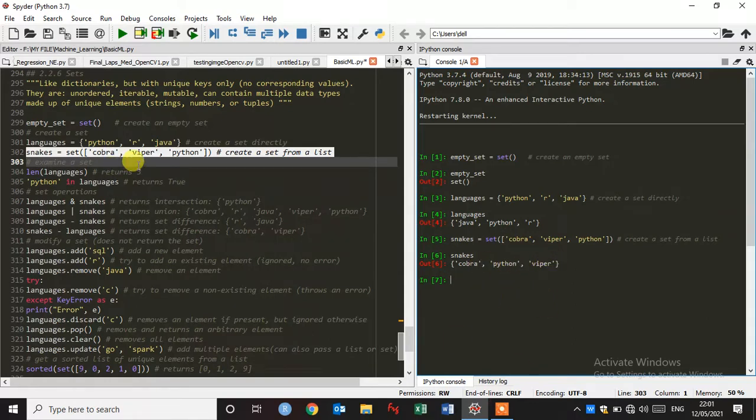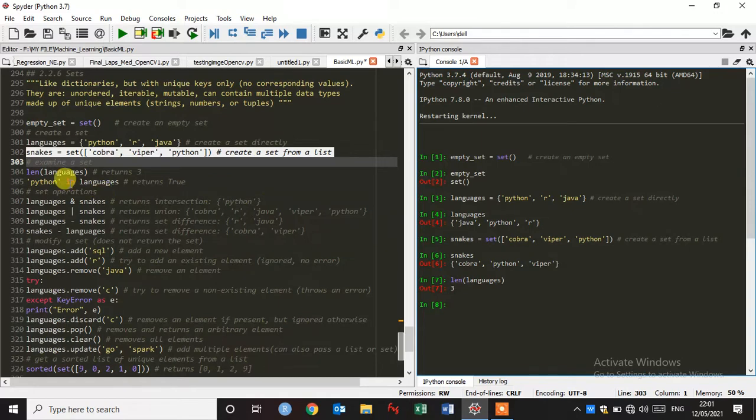Okay. And now we are going to examine a set. Suppose we're checking the length of this set, languages, and enter. The length of the set is 3.